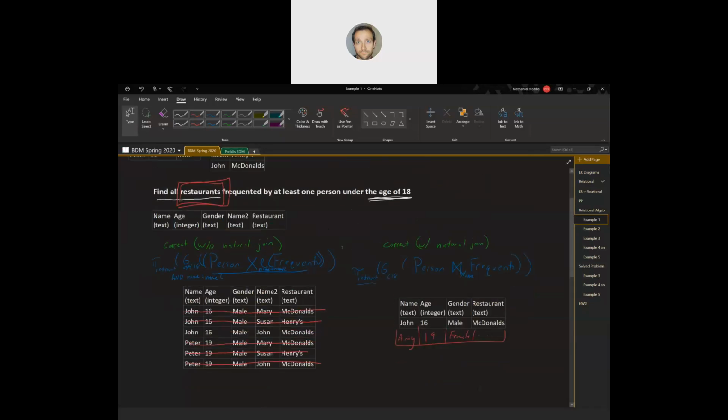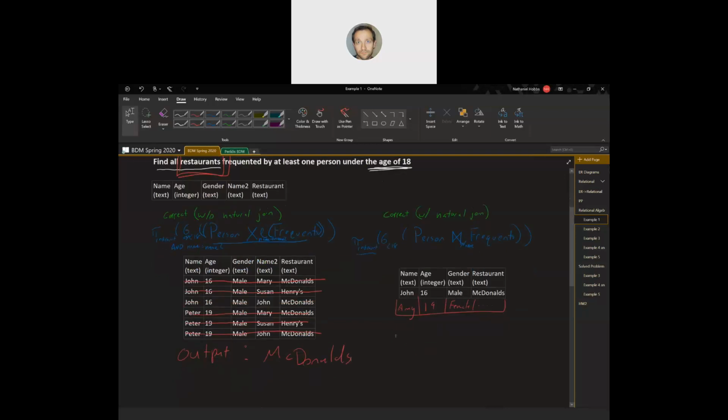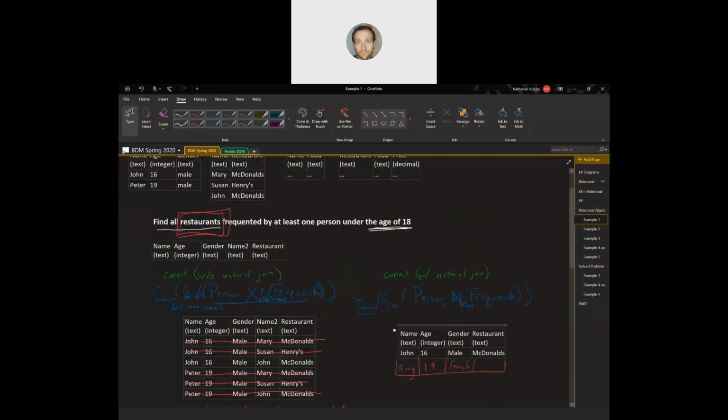You do a projection. So the output would just be McDonald's. So that's without the natural join. With the natural join,